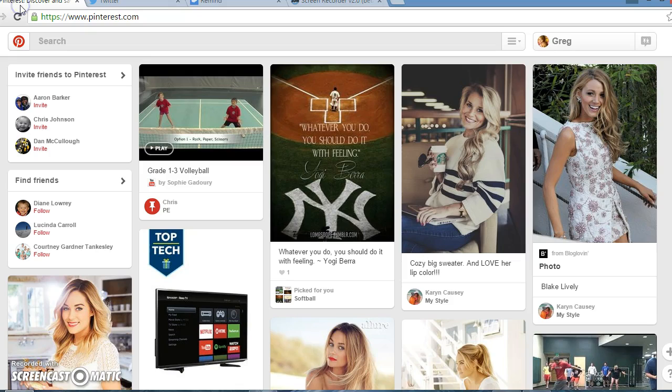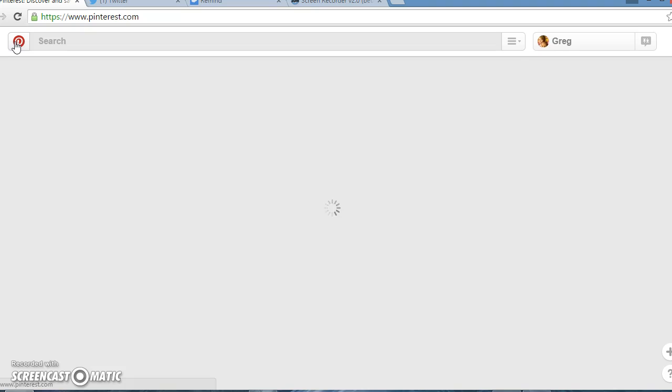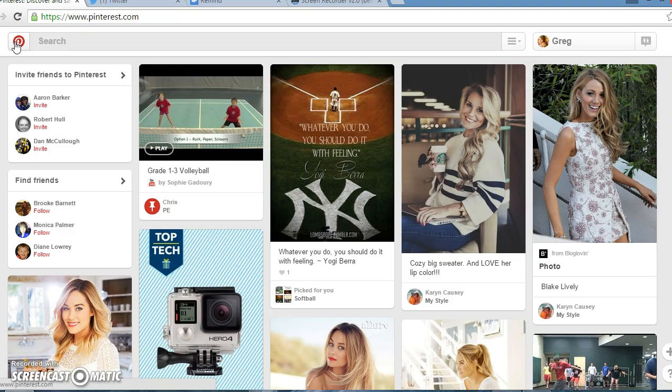The second one is Pinterest. There's not a lot of people out there that would think of Pinterest as something you would use for education, but I think it's a great use for education. Just so many different creative things and ideas that you can find. It's funny because although there's over 100 million users, actually over 80% of the users are female. So I am in the minority when it comes to Pinterest using this tool, but there's so many awesome things